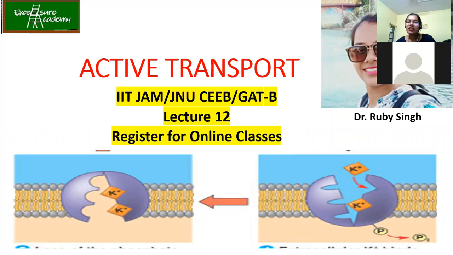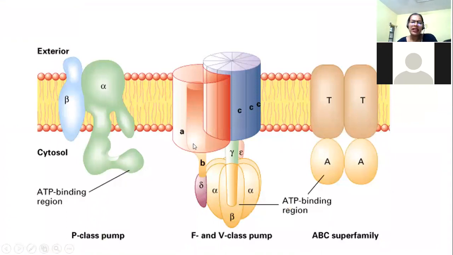Till now, in the previous lecture, we were discussing active transport, in which we discussed the P class type pumps: the calcium 2+ ATPases and Na+ K+ ATPases. Now, next, this is just a summary of how your P class pump looks in comparison to the F and V class pumps, and then we have the other one called the ABC superfamily, where ABC stands for ATP binding cassette superfamily. We'll discuss these in detail slowly, one at a time.